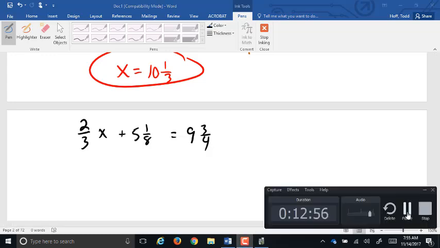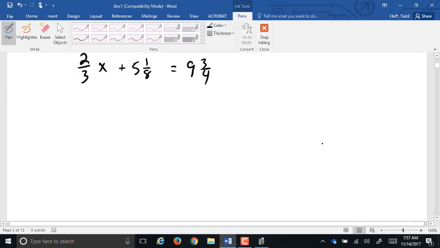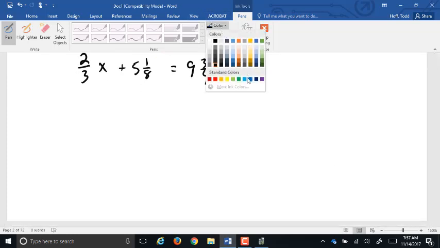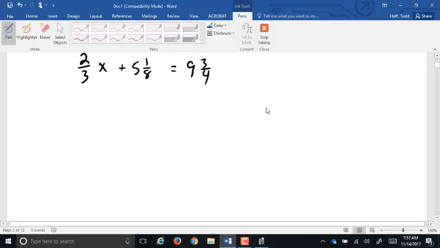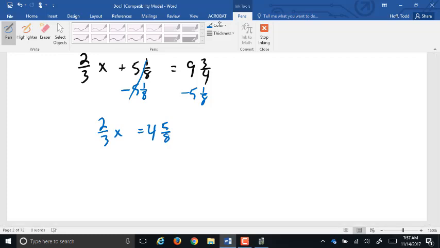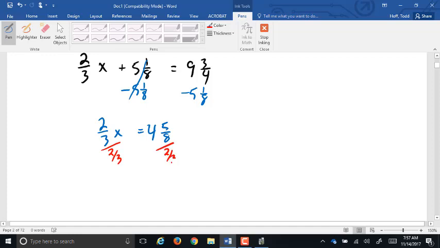There you go, give that one a check. Where would we start on this problem? It's a positive, so we have to subtract it, yes. So we've got 2/3 x equals 4 and 5/8. Then what? Divide by 2/3. Very good. So x equals 4 and 5/8